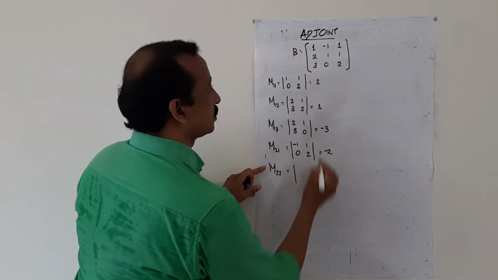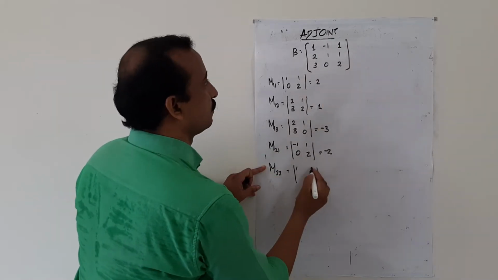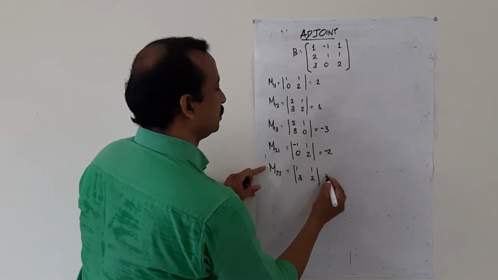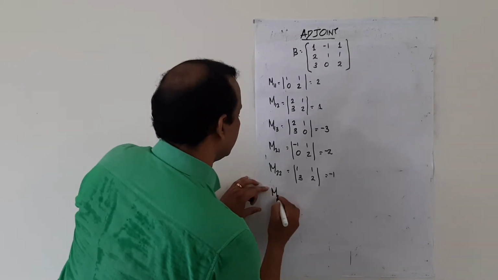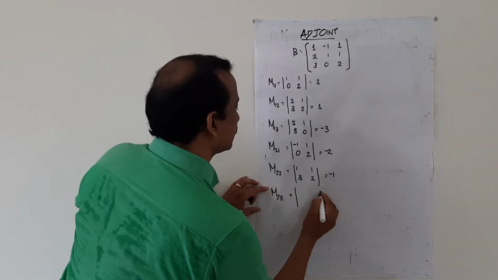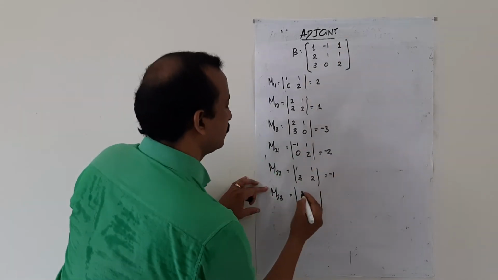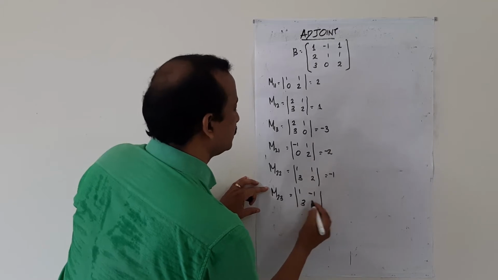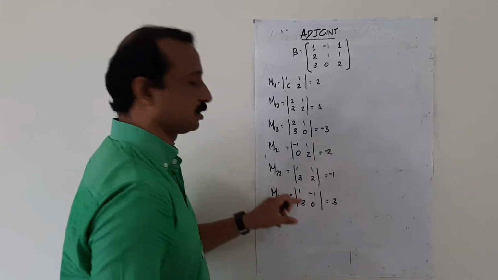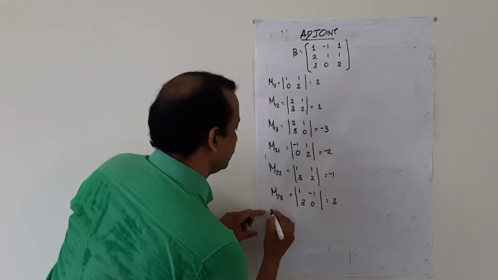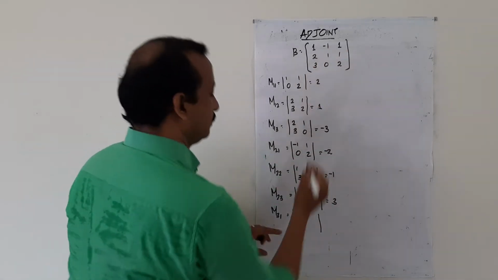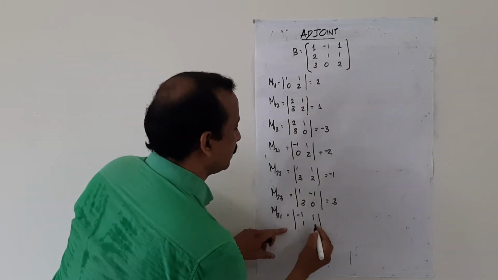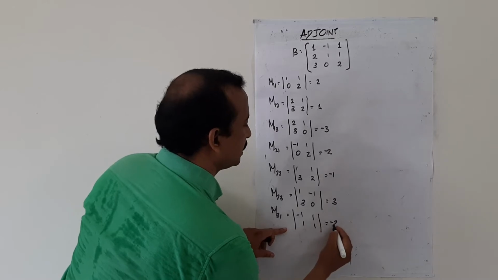M22, second row, second column: 1, 1, 3, 2. 2 minus 3, answer is minus 1. Then M23, second row, third column: 1, minus 1, 3, 0, equal to 0 minus 1 minus 3 plus 3. Then M31, third row, first column: minus 1, 1, 1, 1, equal to minus 1 minus 1, answer is minus